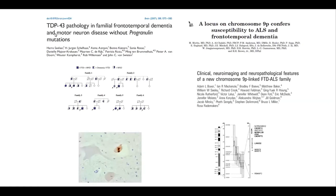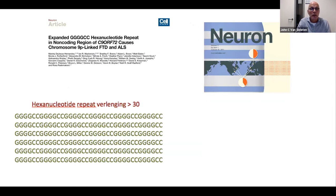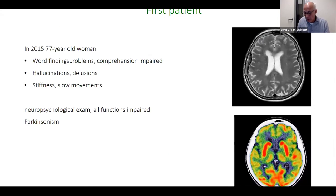I saw that Isabel already spoke about the familial FTD with ALS linked to chromosome 9. What's important, I don't know if Isabel mentioned it, is that the TDP inclusions, as you see here, are a very prominent feature for the FTD with ALS. And it's linked to chromosome 9, Isabel told you. Here you see the repeat expansions, Isabel mentioned already. And I would like, from a clinical point of view, to present you 3 cases that were not clear-cut FTD and not even clear-cut C9orf72,